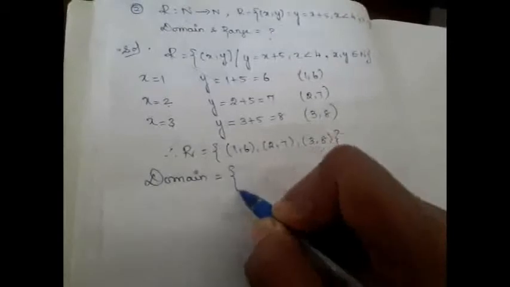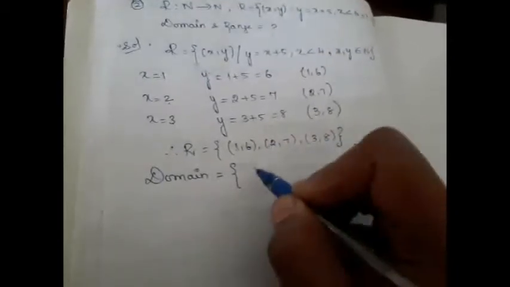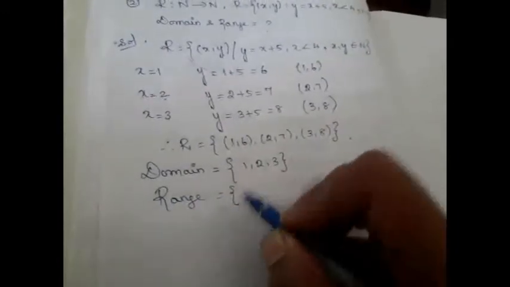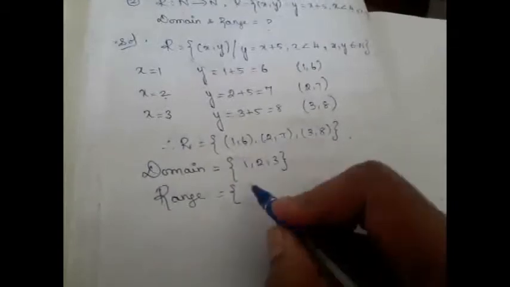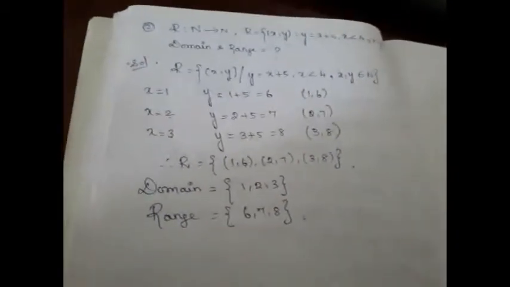Now they asked you to list out the domain and range. Domain is nothing but the first element of the ordered pairs. So 1, 2, 3. What is range? Range is the second element of the ordered pairs. So 6, 7 and 8. Thus we have listed out the domain and range of the defined relation